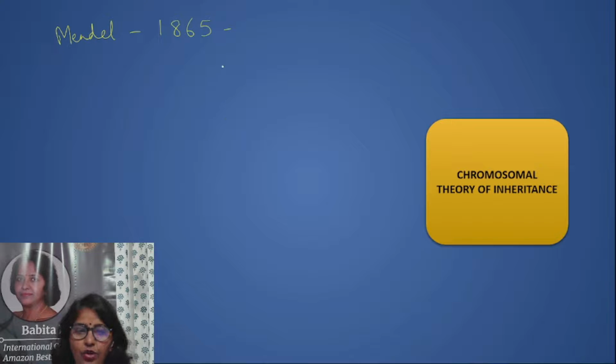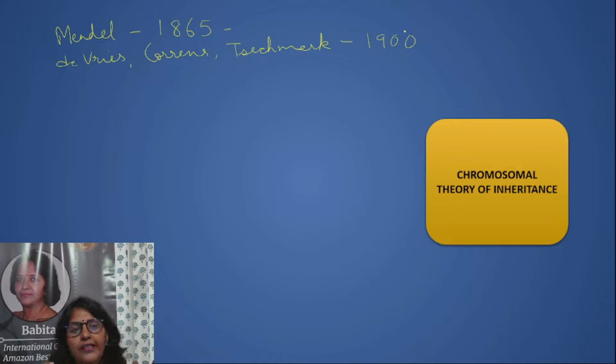But later on in 1900, three scientists, De Vries, Correns and Tschermak, we have discussed all these in the previous class also. In 1900, they all studied Mendel's work and they all published it separately. And in